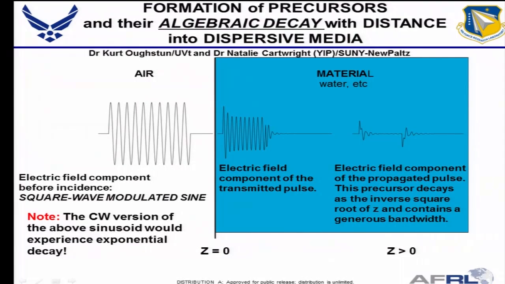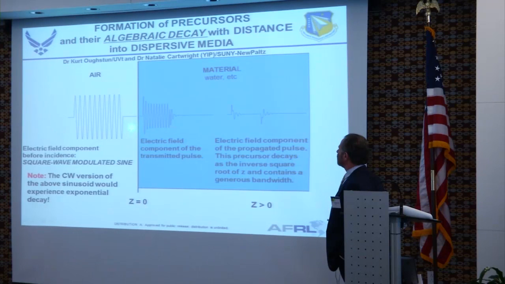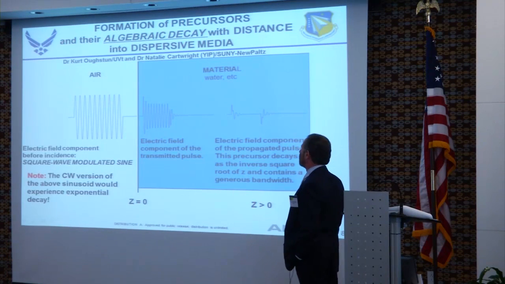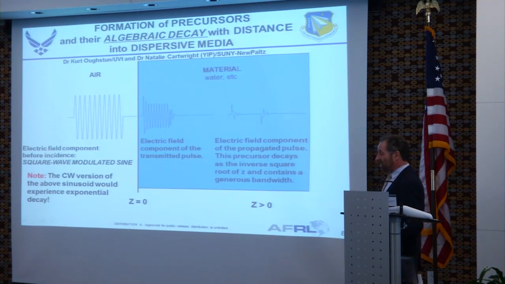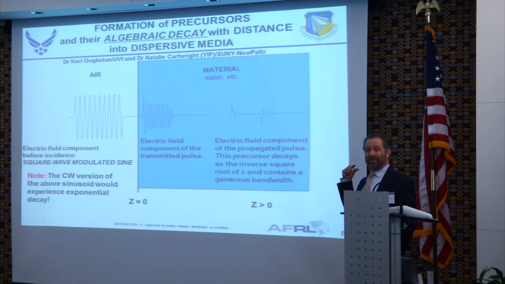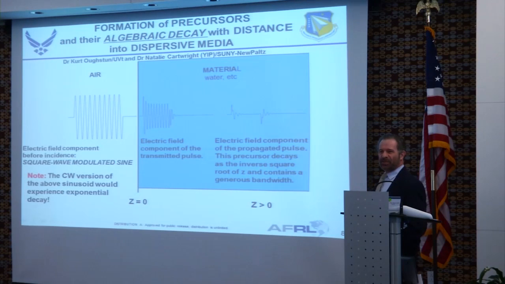The human body is 98% water, so we decided: what happens if we take a very short pulse, which is very draconianly modulated? In this case, it's a square wave modulated pulse, and we send it into this medium. And what you get is this and this. Each one of these is the precursor. It's a kind of bump, with some wiggles in it. And for the human body, that means that what the radar technicians were doing would come out their back. It didn't stop at the chest wall.